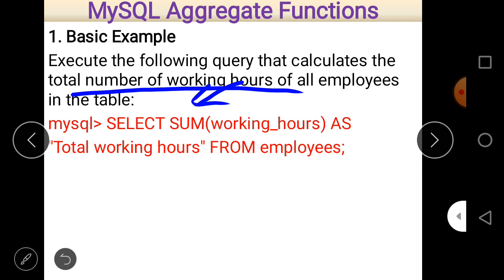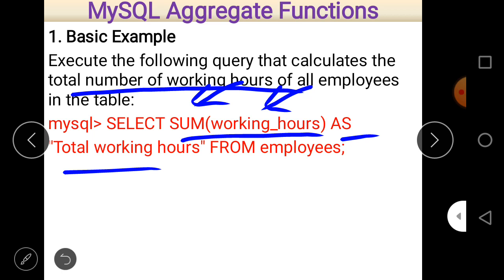So sum is used, and we want to calculate the sum of working hours. So working hours is passed as a parameter within the sum function, and after that, it is not a compulsory part, but if you want to provide an alternative name to this column sum working hours, then just write as and then total working hours.